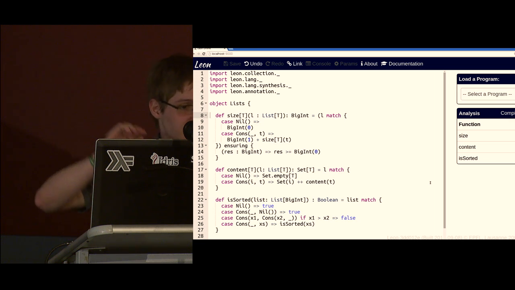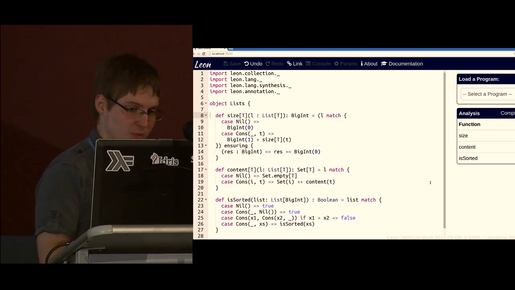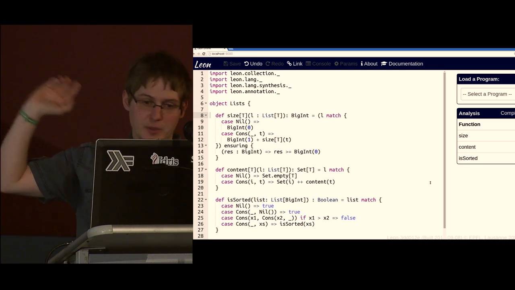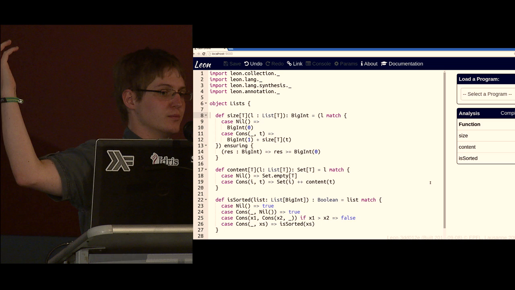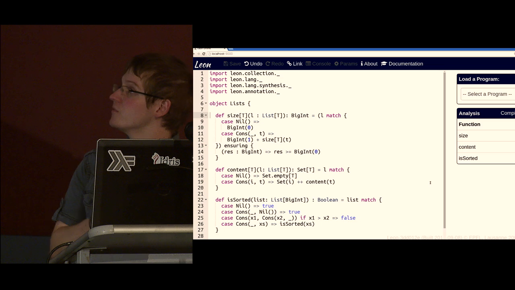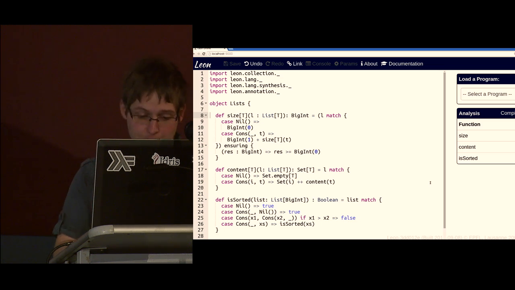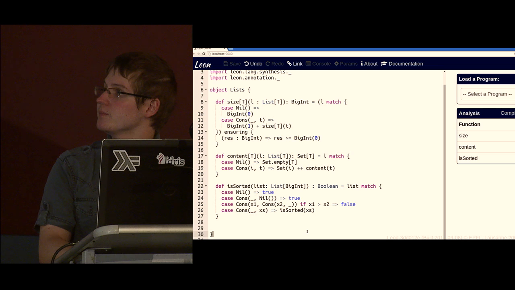Okay, so I have a little bit of time left, so I can show you this insert function example as well in Scala. I've already defined this sorted function for you. It looks kind of similar. You do case analysis again, and check if your list is sorted. And now let's write the insert function.